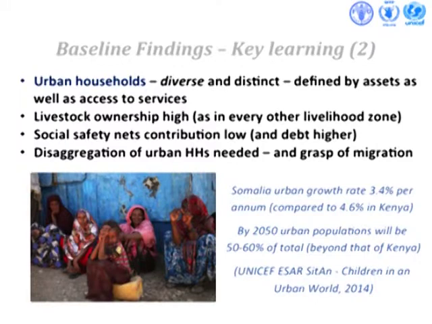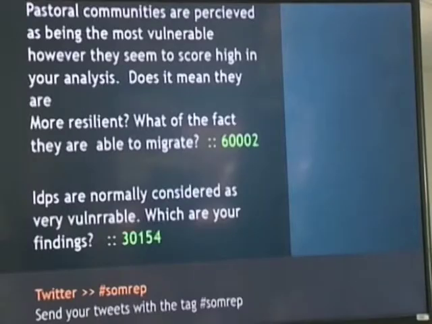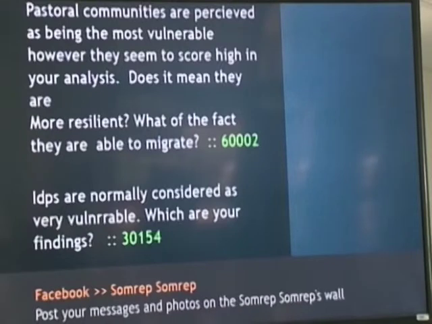And then moving, another of the things we were looking at, urban households. I know we don't think in South Central of Somali urbanization as particularly acute on the scale of the rest of this region, but if you look at some of the trajectories, it is on a very steep urbanization curve, lower than Kenya obviously and places like that. But by 2050 it's estimated that 50 to 60% of Somali will be urban populations. So we're really trying to see this as our blind spot and a category we needed to better understand.